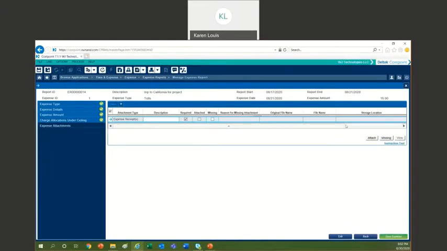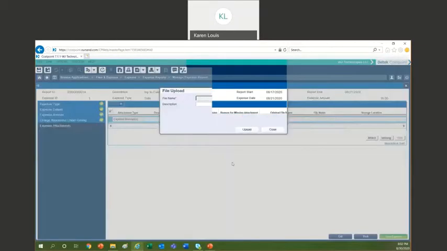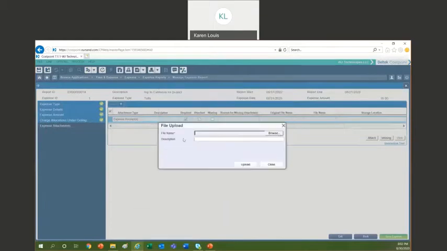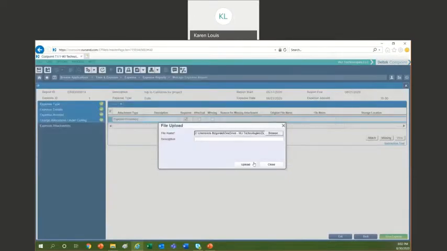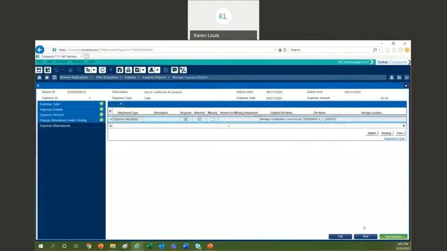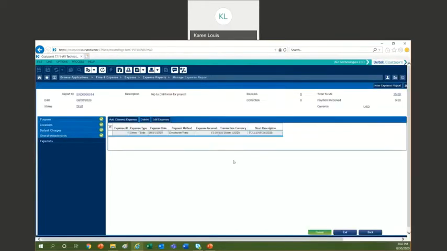Let me add my receipt. I'll save it. So these are a couple of the issues that people usually get when they first start using the expense system. But again, it could happen at any point in time. Now, if that still looked right, if that charge type did have an account set up, the next place I would go and look